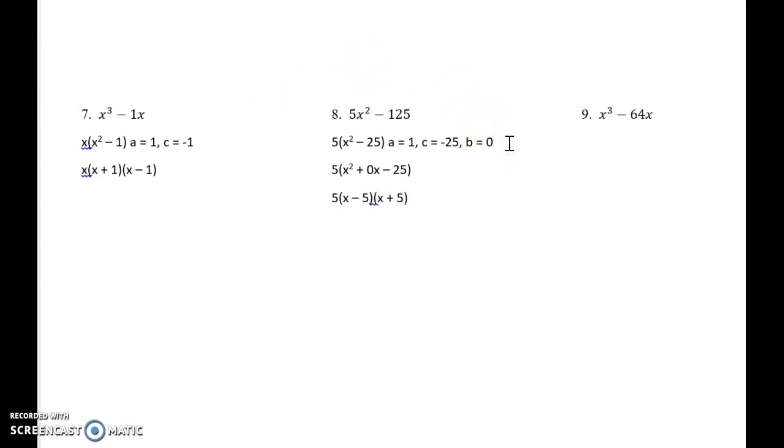All right, on this last one, look for a GCF. Well, they don't have a number that's in common. Understood 1 right here, 64. The only thing that goes into both of those is 1. But they do have a variable in common, which is x. Remember, I picked the smallest exponent, x to the first. And when I factor that out, I'm going to have in the parentheses x